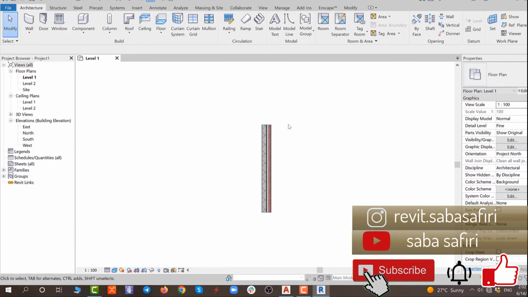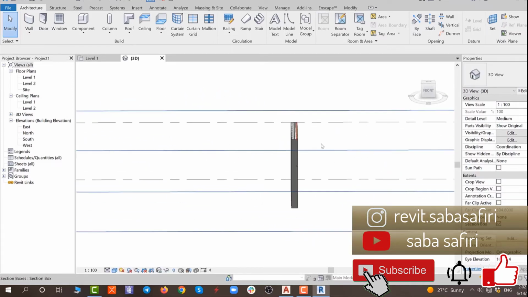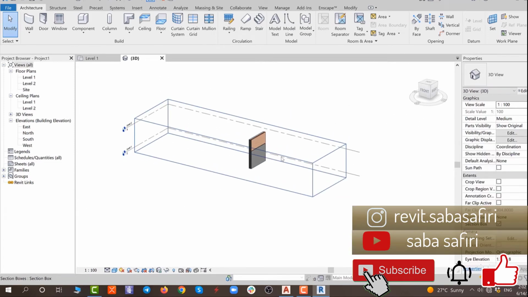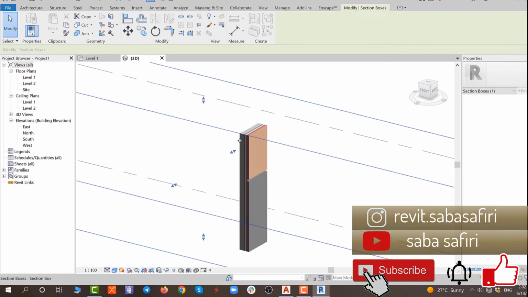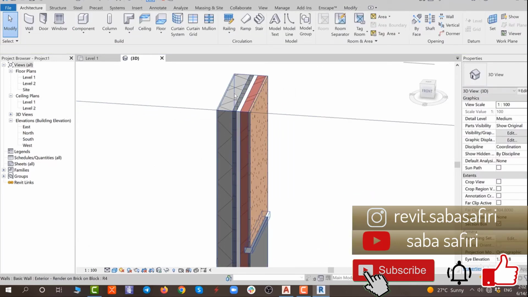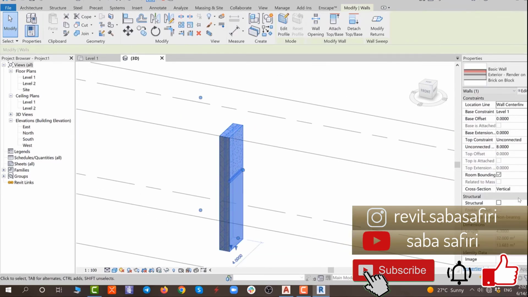And the interesting thing is that if you go to the 3D view, you can see all of the things we made in a plan are included also in our 3D model. Look at here, these amazing layers of walls. You can see all of these. If you want to change the height of the wall, you can go to the properties. You can change the height, for example, to 2.5. Okay,